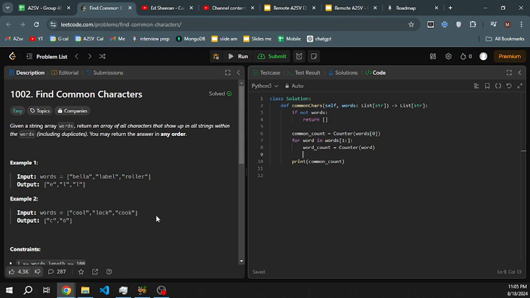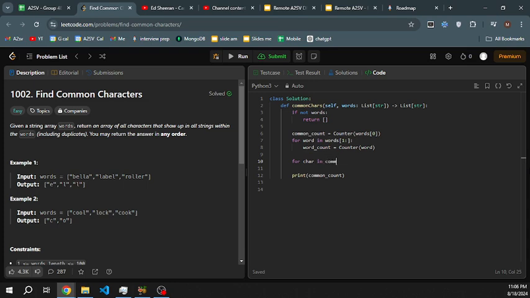Like I said, for example two, the minimum character means we got double O's, so at this time we got two. When it comes to this one, when we are iterating the words, the first word is going to give us two O's and the second one is going to give us one O. Then after that, we are going to take the minimum of that. To do those things for characters,